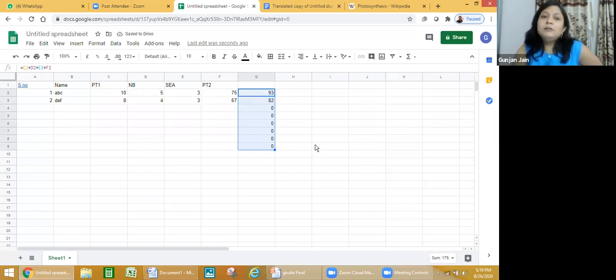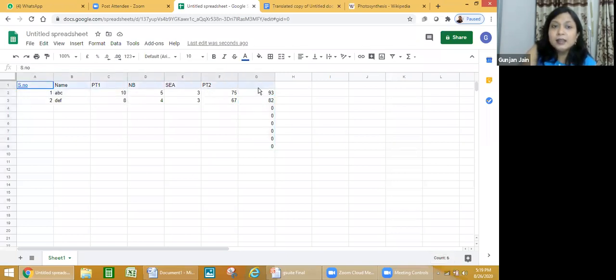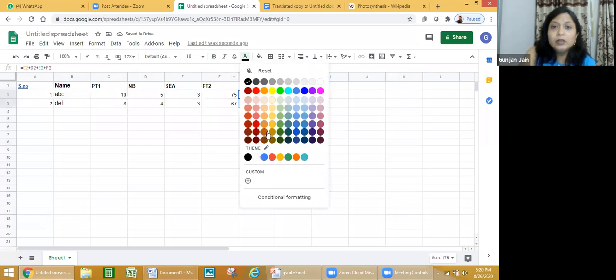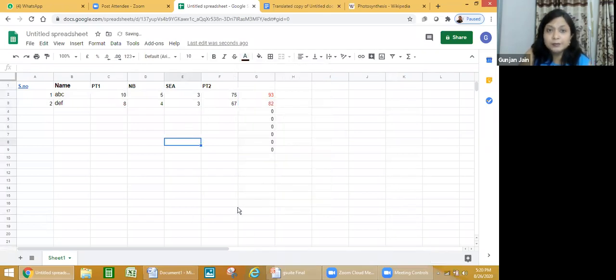So these are only the basic features of Excel. I'm not here to tell you about Excel now. I'm telling you about Sheets. So all the things that you can do in a spreadsheet, that is in an Excel, you can do here also. This is a spreadsheet of Google. Like you can make the headings bold, you can change the color, then you can increase or decrease the size. All the things which you can do in Excel can also be done over here.